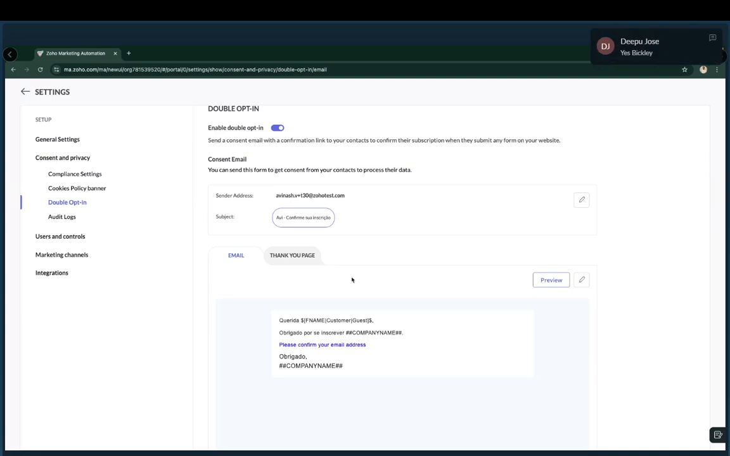So with double opt-in, in your particular web page, as I told you earlier, you'll be having a sign-up form. In the sign-up form, whenever someone clicks on the submit button, they will not be directly getting added to your marketing automation account. Rather they would be receiving a confirmation email like this from our end. They will be receiving this particular email in their mailbox. So whichever email address they are mentioning in the form, we will be sending an email to that so that they can confirm their email address. Once they click on this confirm option,